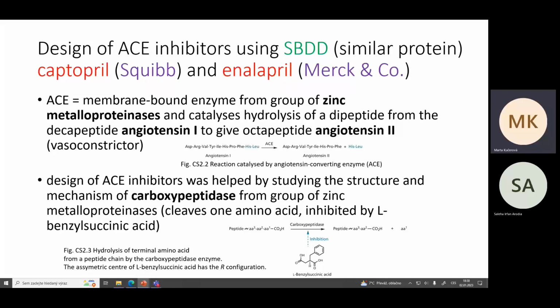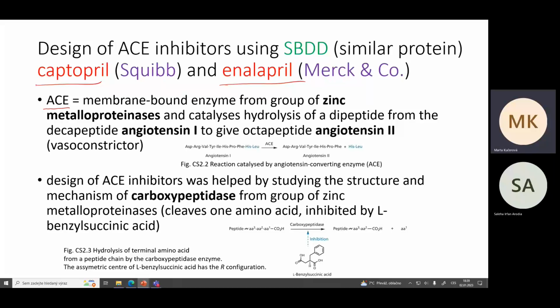is a structure-based drug design method involved in design of angiotensin converting enzyme inhibitors. So the very first compound was captopril, and the second one was enalapril, developed by different companies. The first one by Squibb, the second one by Merck. And the